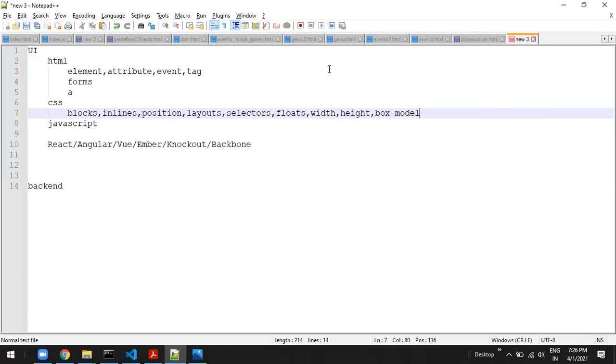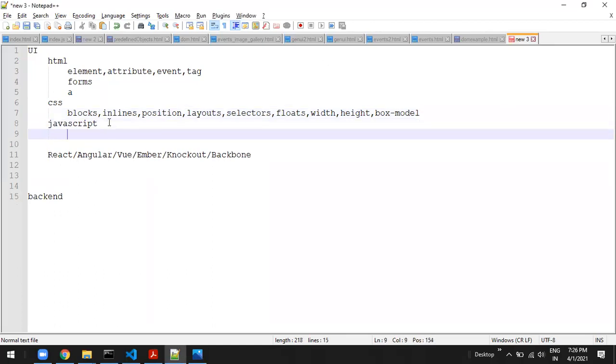Okay, so then my favorite, and the one where many people have problems, that is JavaScript. Yes sir, what do we actually teach in JavaScript? In JavaScript, I write everything today itself. Okay, I start with variables. Variables, come on sir, we know variables, what are you talking about?